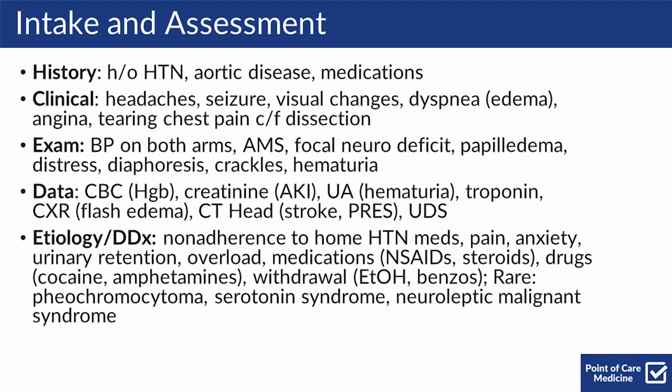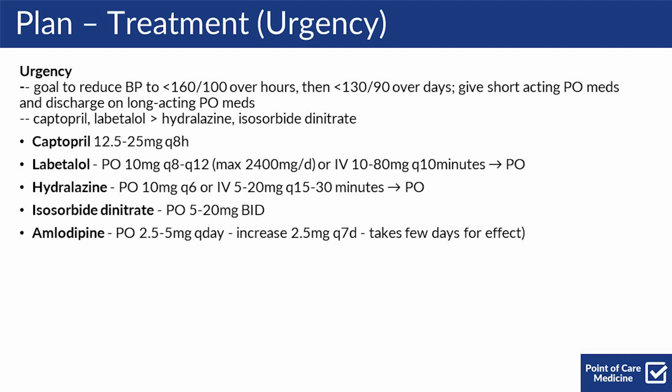Rare etiologies include pheochromocytoma and things like serotonin syndrome and neuroleptic malignant syndrome. And note that reasons that you're hypertensive in the hospital tend to be quite different than reasons that you're hypertensive in the outpatient setting. For treating hypertensive urgency, the goal is to reduce the blood pressure to less than 160